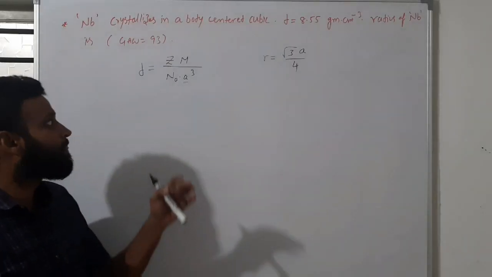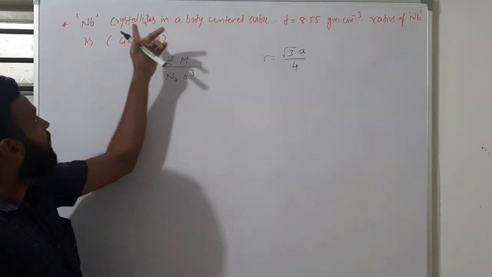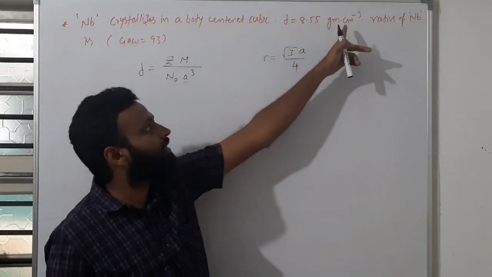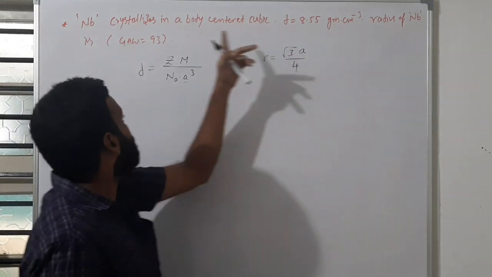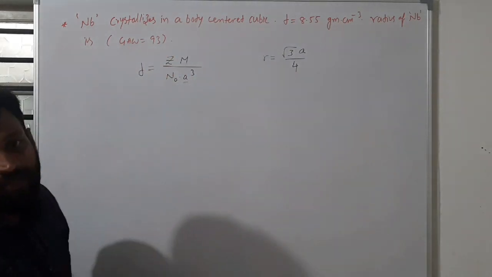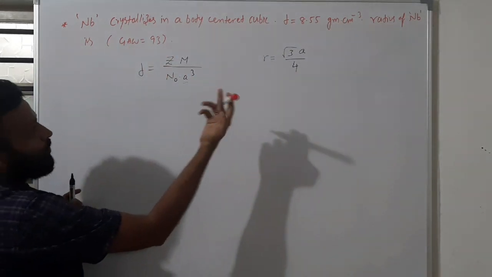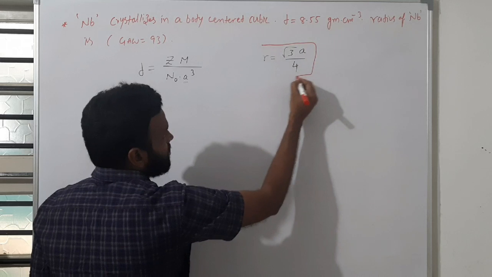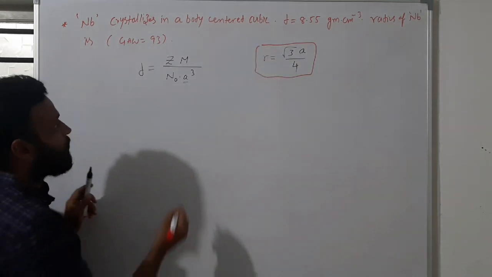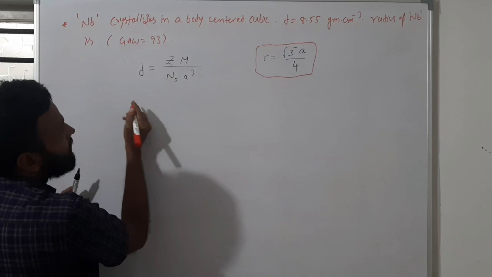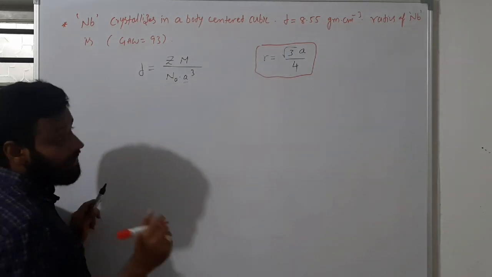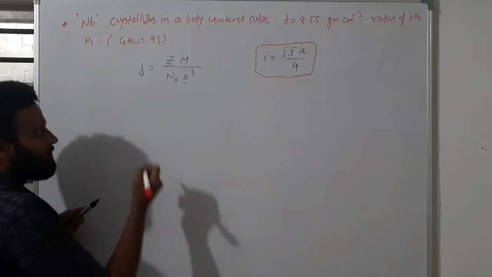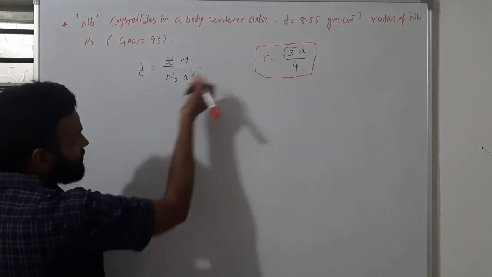Okay, now let's see. Niobium crystallizes in a body-centered cubic and density is 8.55 gram per centimeter cube, and the radius of niobium is how much, they are asking. So to have radius, actually I gave the radius formula. What is the radius formula for BCC? Root 3 a by 4. So density was given. How much is given? That is in centimeter cube. See, understanding? Suppose if options are in picometers and angstrom like that, what to do? First of all, we have to consider all these things here.